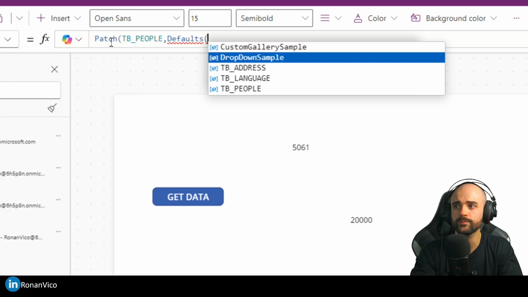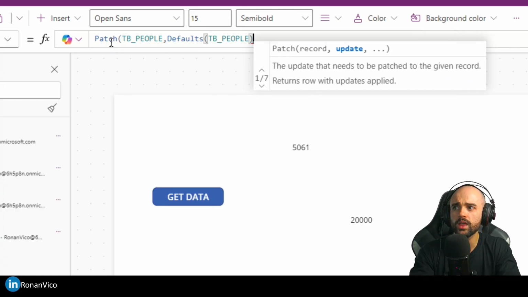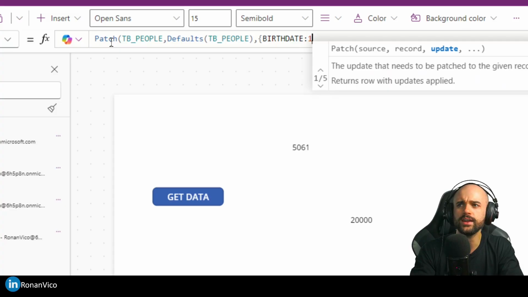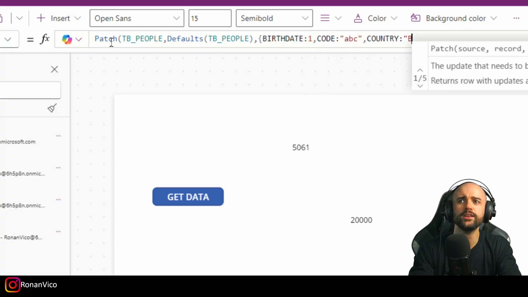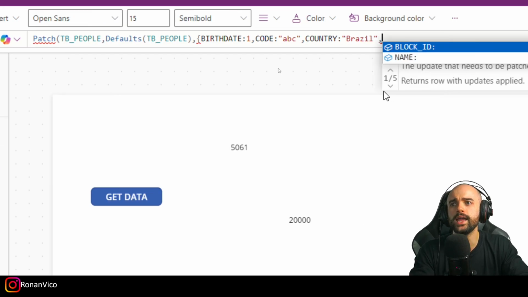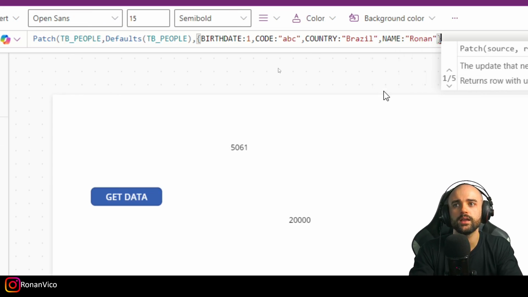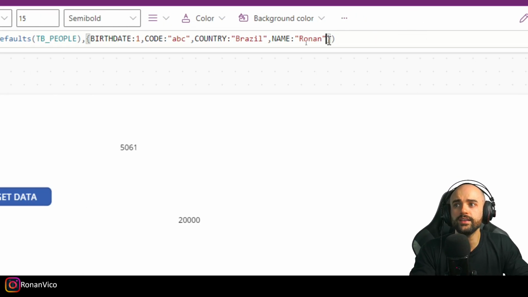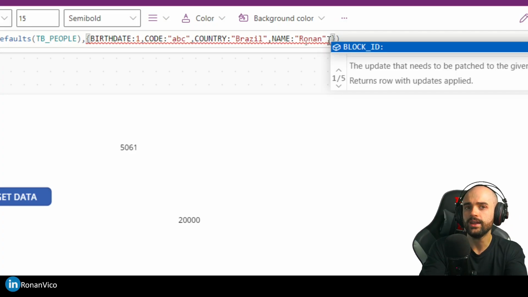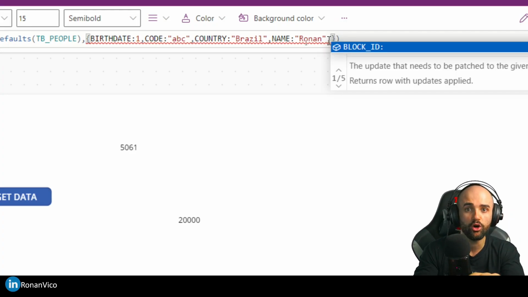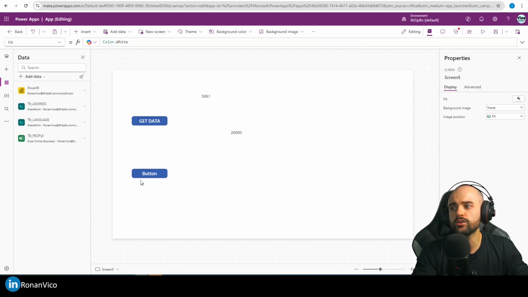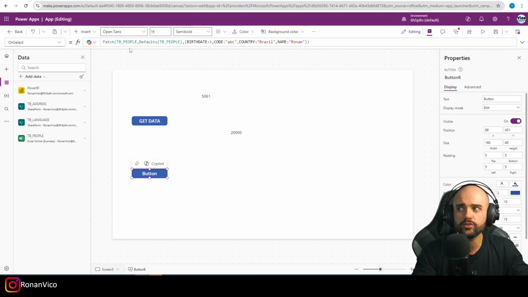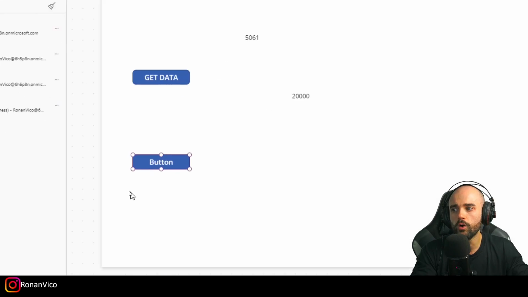So defaults, TB people, and I will insert a birth date here, a code, country is going to be Brazil, and the name is going to be Ronan. I will not insert, of course, the block ID. The block ID is a formula, so don't insert anything, right? When I click at this button, the row will be inserted to this table. So if I click here,